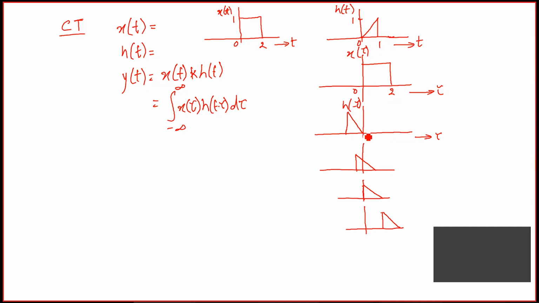Now this point that you see here is 0 minus tau. If we take this ending point as t, this is for t equal to 0, and this is the graph of h of t minus tau. For t greater than 0, it will be h of t minus tau,